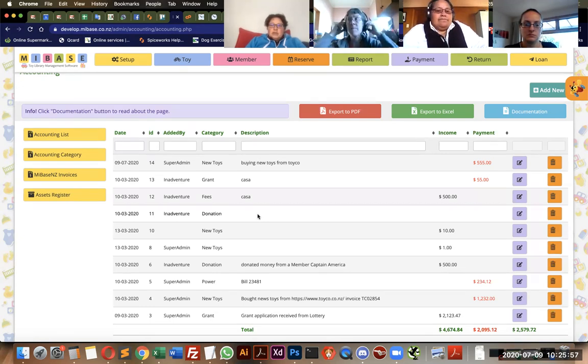Obviously you have to add the information of income here, and if the member donates you some money, you have to add the donation here, not in the member account. Because if you add the donation in the member account, you give to the member a credit, they can use it.